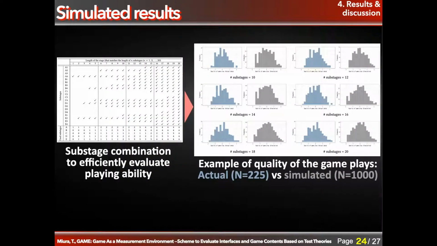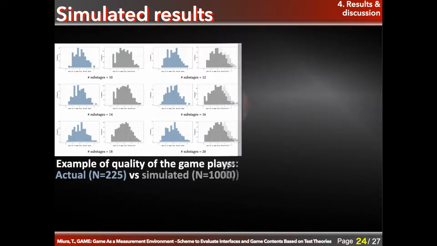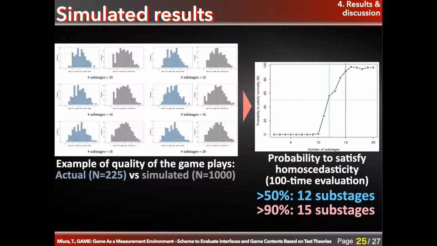Then, based on the linear programming using ICCs, we could get substage combinations to efficiently evaluate playing ability. Then, the distributions of quality of the gameplays were obtained. Based on the distributions of quality of the gameplays, we could evaluate the probability to satisfy homostasticity.